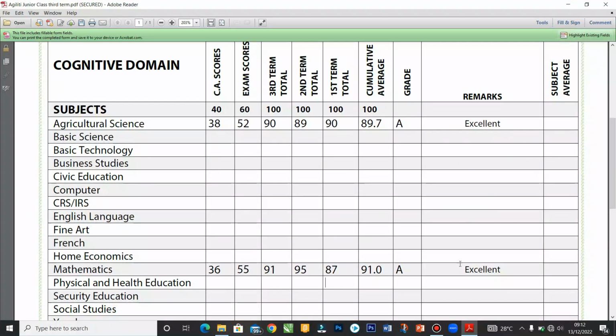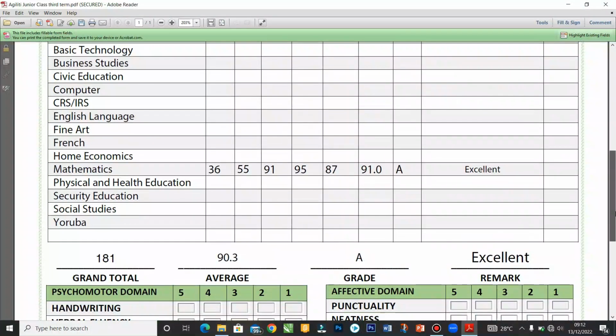So I'm also going to do the last one. Say Yoruba. So 30, 50, 78, 88. Okay, so